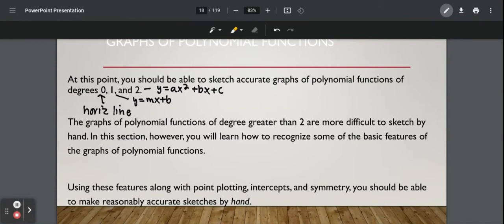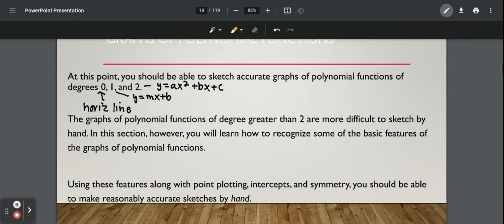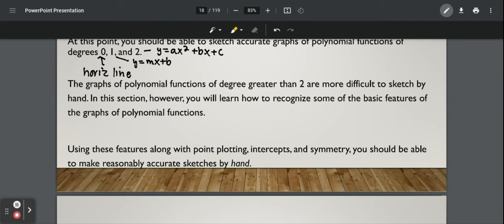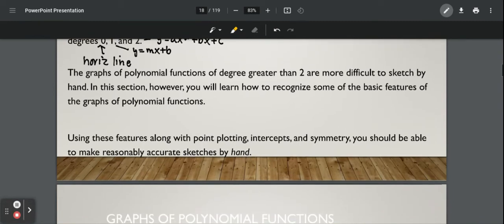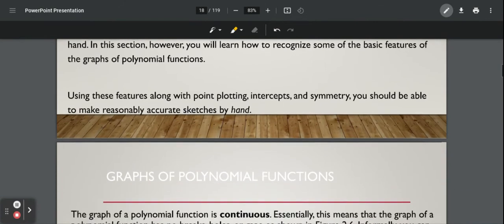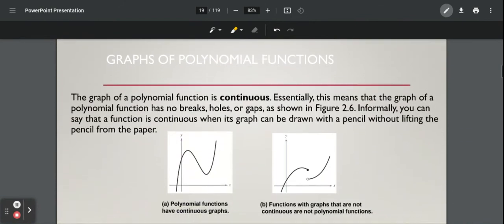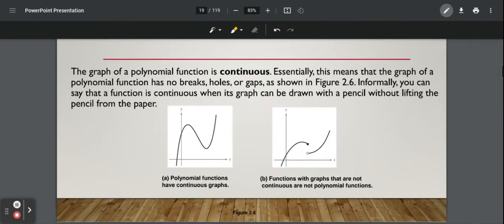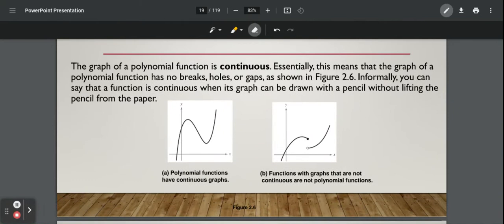parabola. So polynomial functions that have a degree greater than 2 are a little bit more difficult to sketch, just there's more that goes into them. And so we're going to start looking at symmetry and zeros and just end behaviors for these to help us sketch them. A couple things to remember with polynomial functions is that your polynomial function